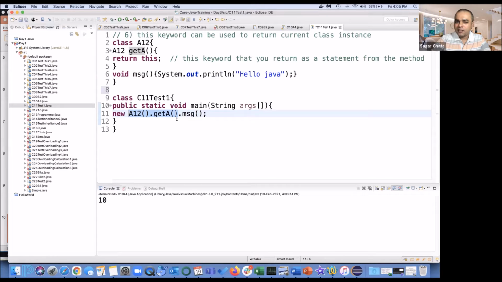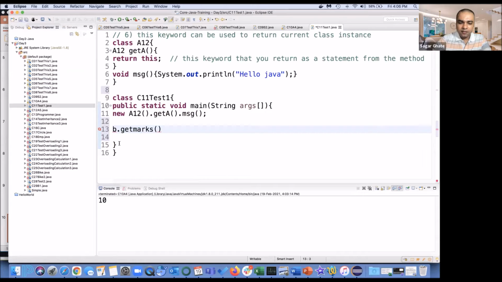Which means this getA also should return me the object. Getting my point? Let me break it down. Suppose I have an object B, when I say B.getMarks, this is a function and this is an object.